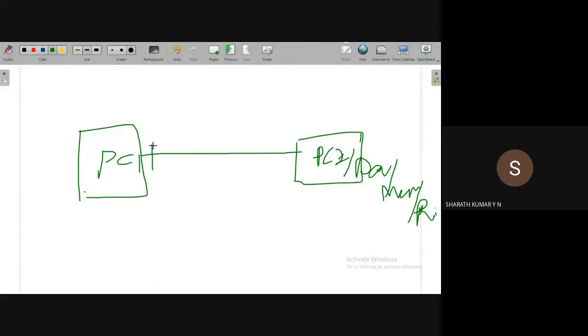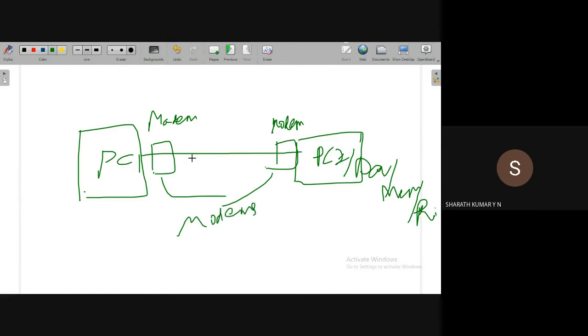First thing is it needs modems. For example, if it is a communication between two PC devices, it needs a modem, modulation and demodulation. Along with this, a part of the modulator, these are called modems. These modems implement serial communication in either of the two methods, UART or what is known as USART.